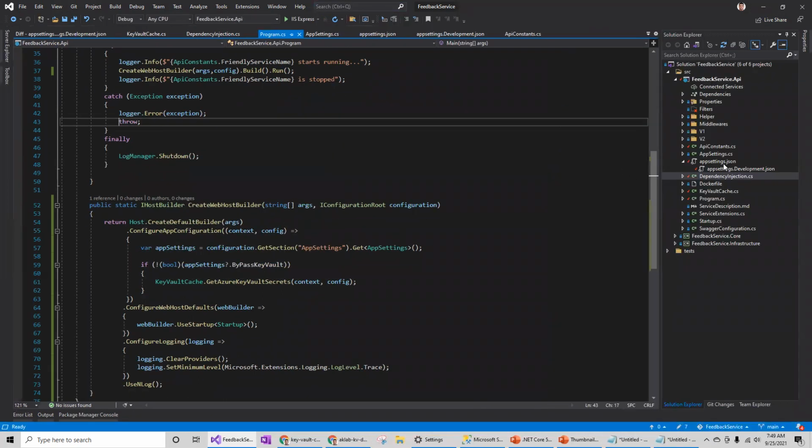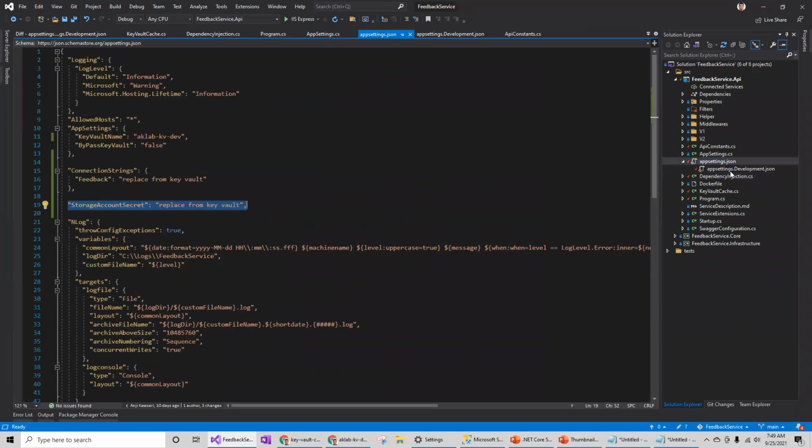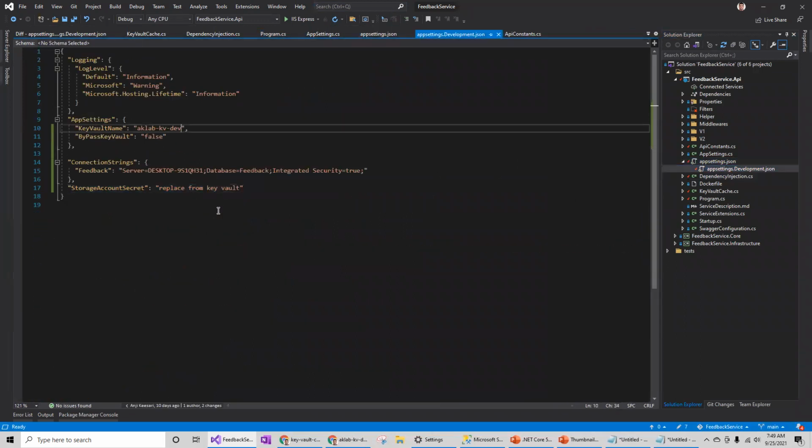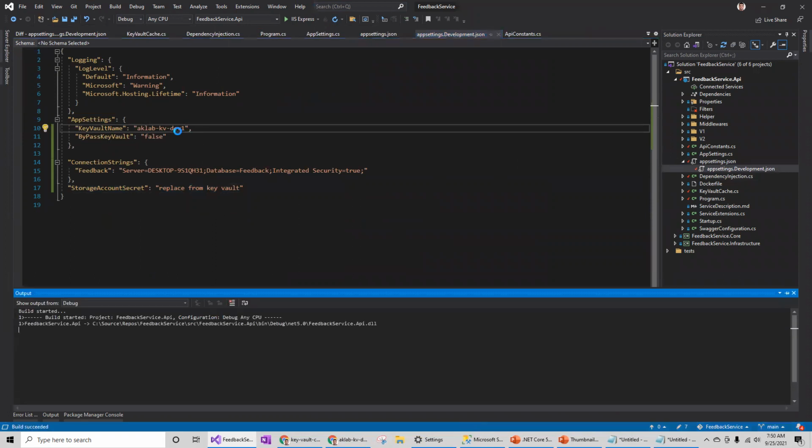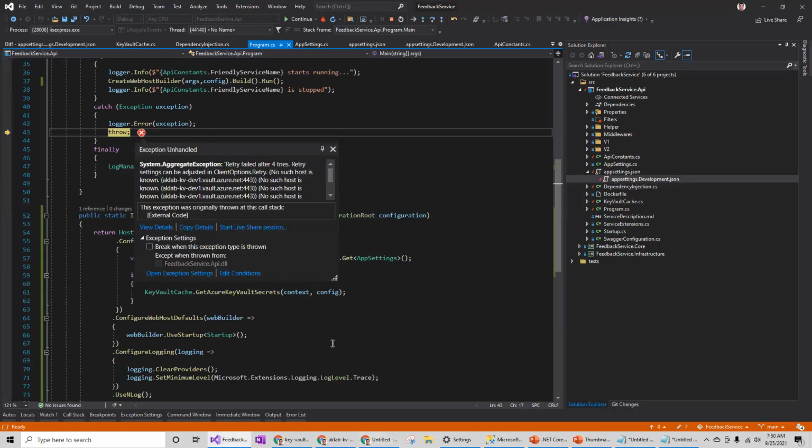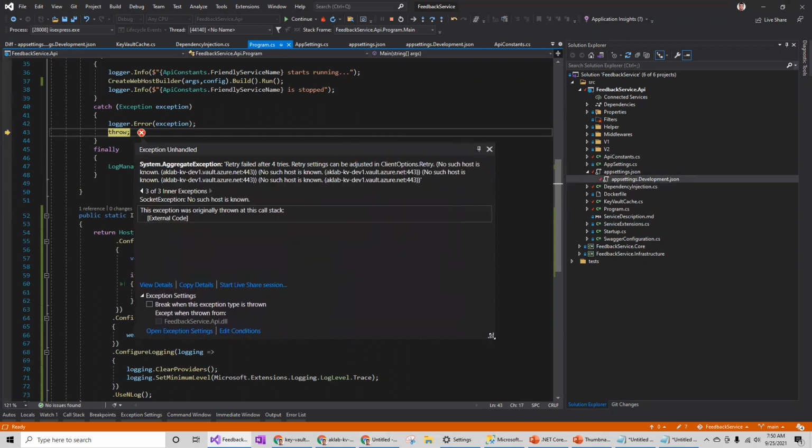So first of all, I'll try to break the Key Vault name and see what kind of errors we get in case the Key Vault name is incorrect. I'm purposely giving a wrong name here to see what error we get while connecting to the Key Vault, so that we know all these kinds of errors. When you're doing it for the first time, you will definitely have to experience these and fix as and when you get an error.